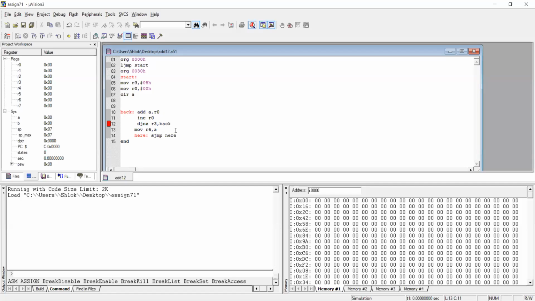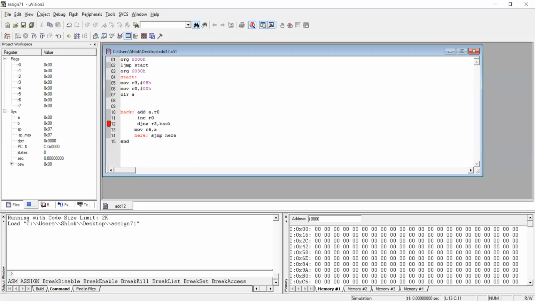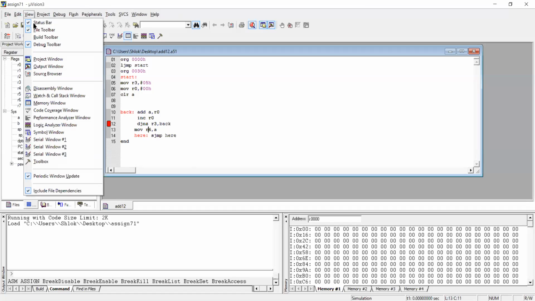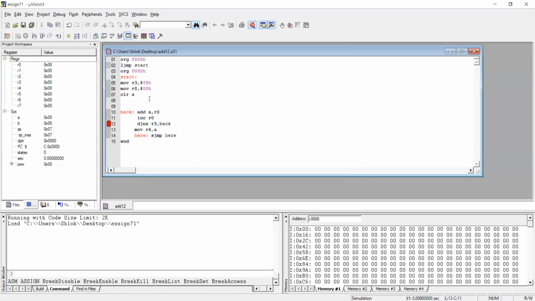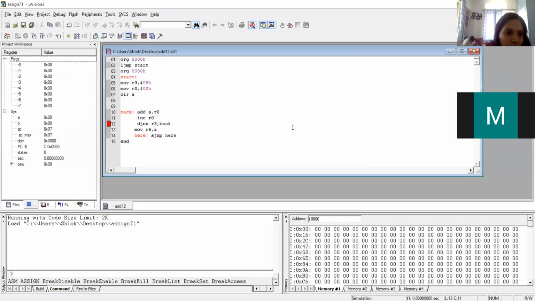Okay, fine. Now here you are getting a project window. If you are not able to see the project window, again I am repeating, many options are available with your Keil software. In that the View option is available, and in the View there is an option called Project Window. So you can click on this project window. It's already open right now. Now it's gone. Now you open it again, you click on this, and the project window is present over there. Okay, fine. Any problem?